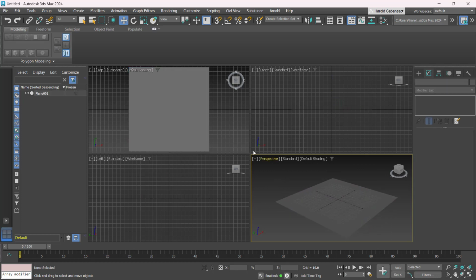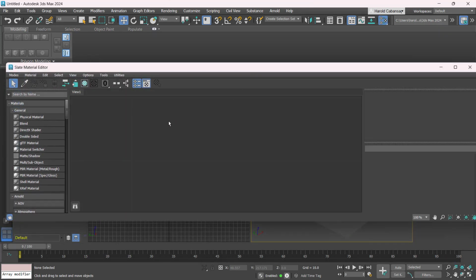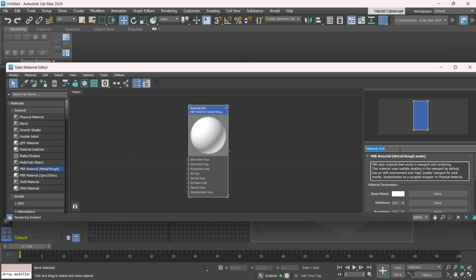Most importantly, I will now apply or create a material from our object, from our textures generated from Substance. So I'll press letter M to bring out the material editor. And in the material editor, I can choose, for example, a PBR metallic rough. There, I can double click, make it large, and then I can just Control A and rename it. For example, I'll name this substance